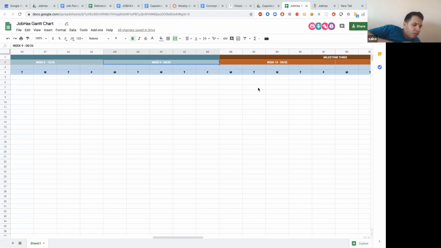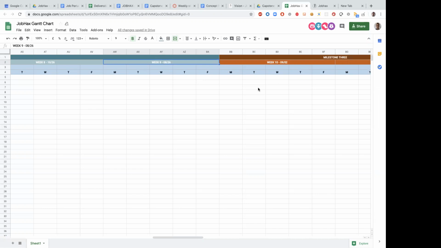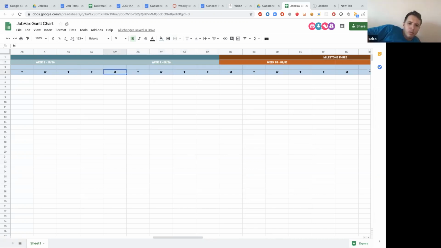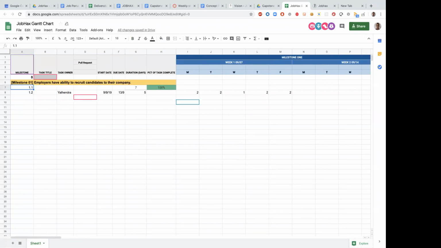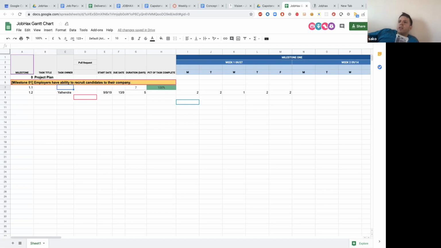I feel like we probably want to insert rows above, before the milestone, and call it 0. That makes sense. What we are doing right now is just project planning. We're not actually doing the development yet. So I feel like we probably don't need to log the hours for the milestone yet. But he wanted to see 9 hours around.